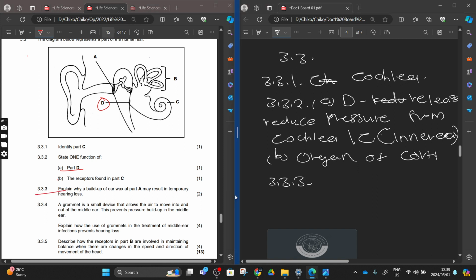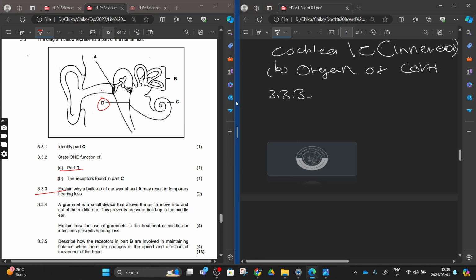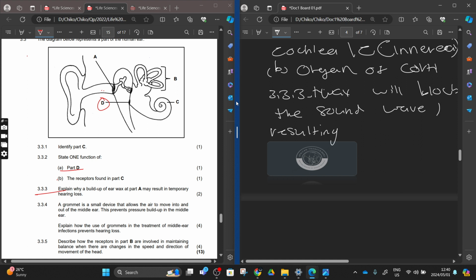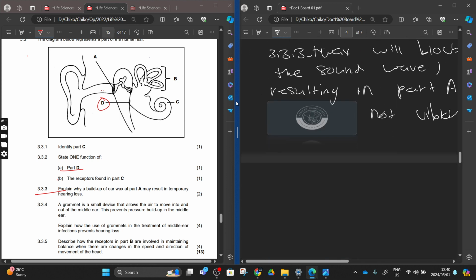Question 3.3.3: explain why a build-up of ear wax at part A may result in temporary hearing loss. The wax will block the sound wave, resulting in part A not vibrating enough. It says how many marks? 2 marks, right? Not vibrating enough,